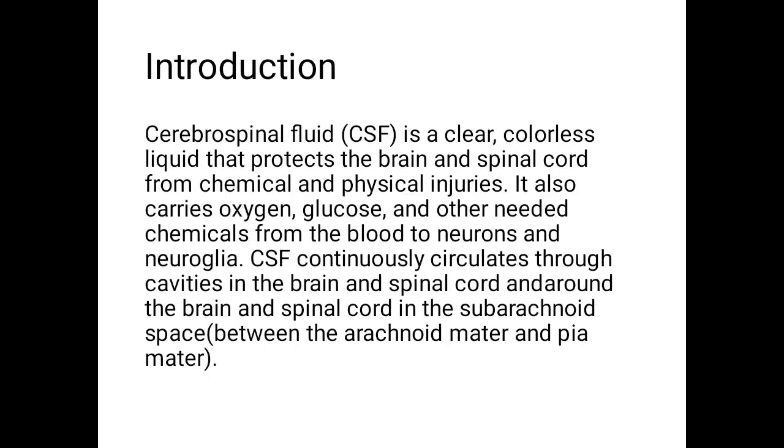So in our introduction, we're going to explain what cerebral spinal fluid is. Cerebral spinal fluid is a clear, colorless fluid that protects the brain and the spinal cord from chemical and physical injury. It also carries oxygen, glucose, and other needed chemicals from the blood to the neurons. Okay, so cerebral spinal fluid continues circulating through the cavities in the brain and the spinal cord,